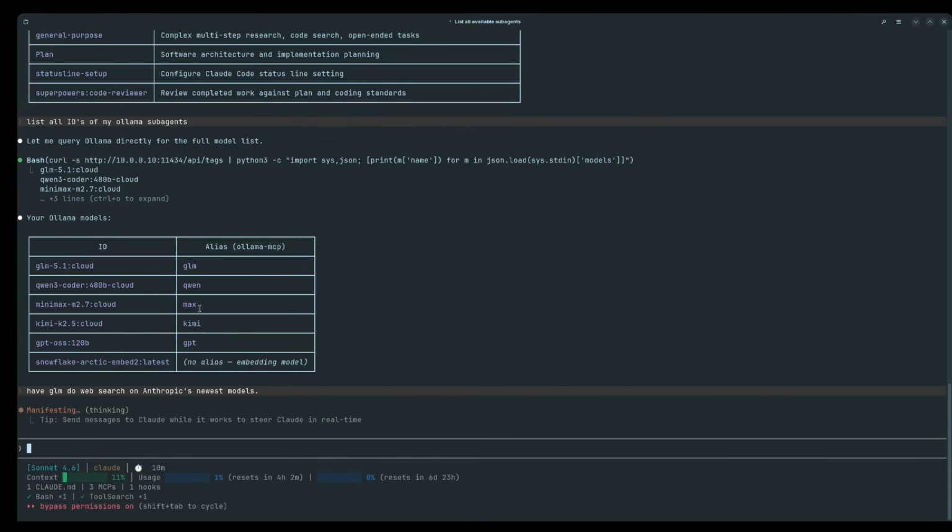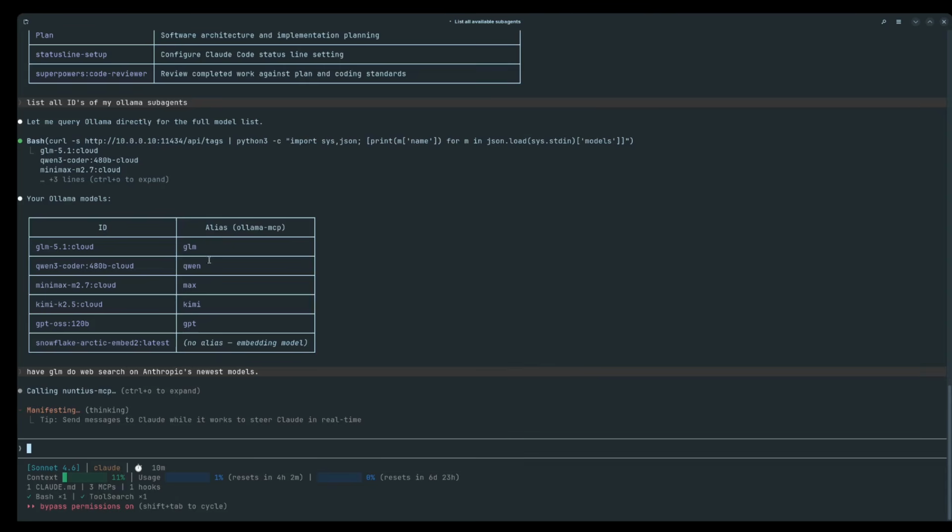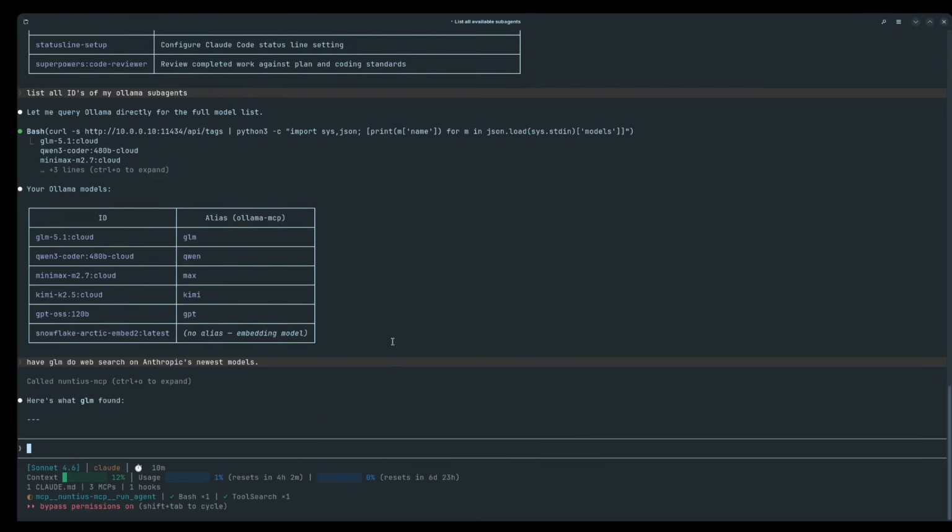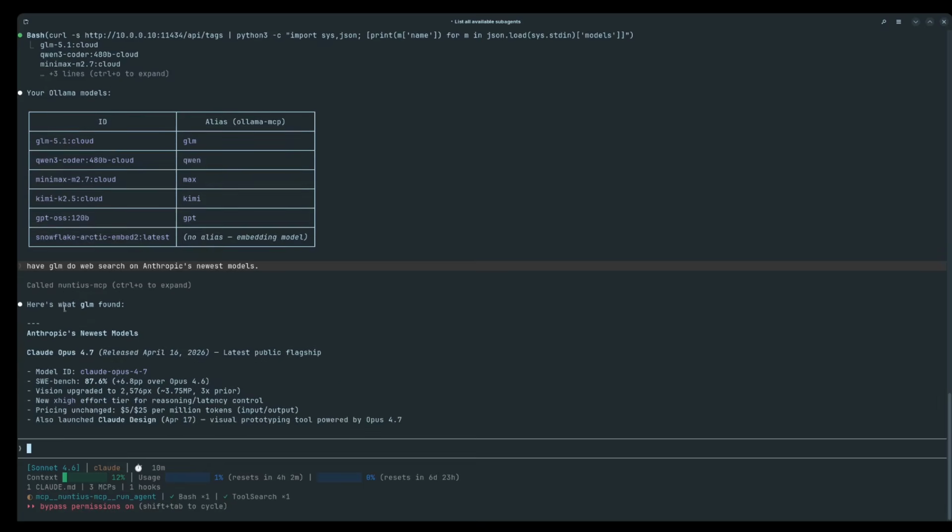So I just call it out, and I put in the notes of its memory that when I say have this one do it, it means do a subagent. So if it's not acting right, you can see right here, it's calling the MCP. Basically, instead of actually doing the web search, it's just going to tell GLM the instructions to do the web search on this. And here it is, right?